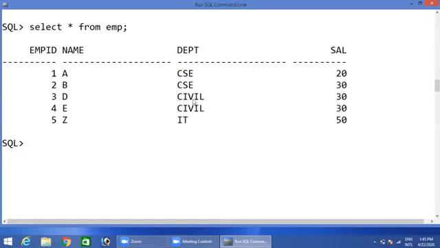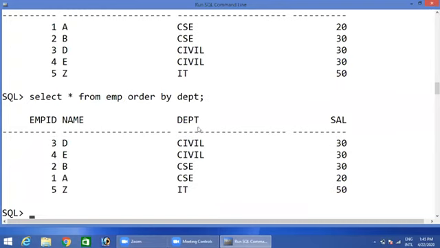So if you want to get the result set in ascending or descending order, you have to use the order by keyword. How? Use select star from table name, that is employee, order by. After select star from employee, use order by, and in the end use the department attribute.